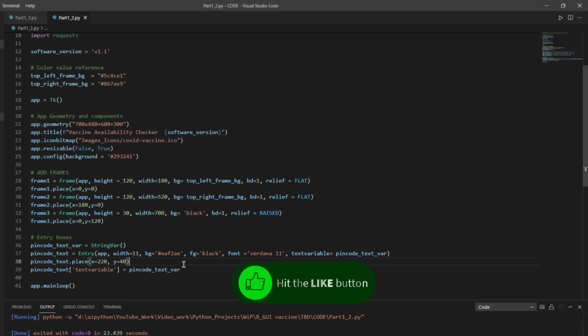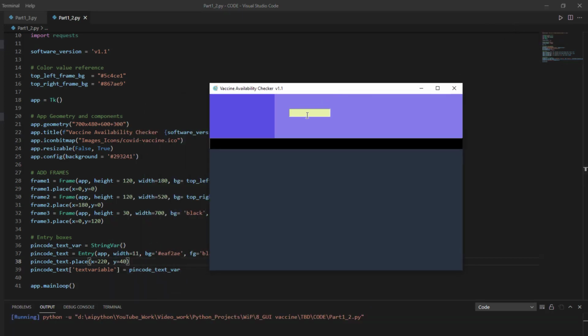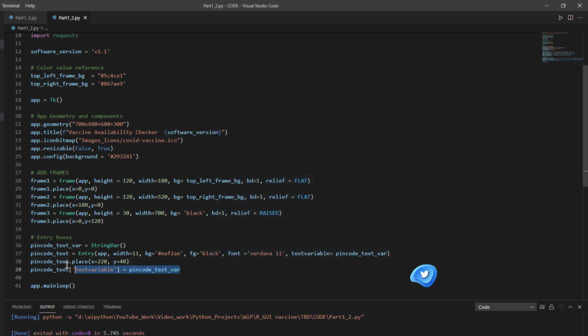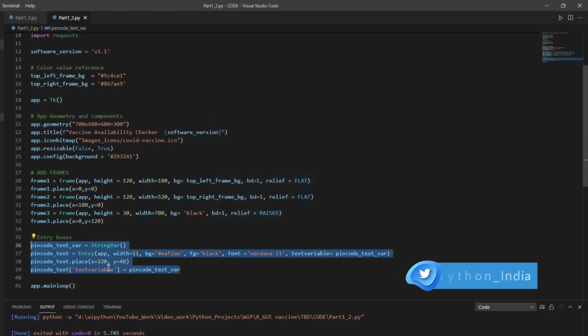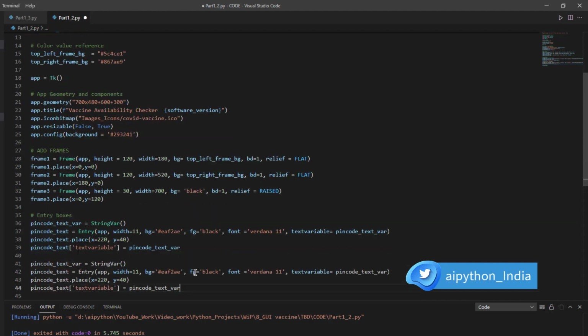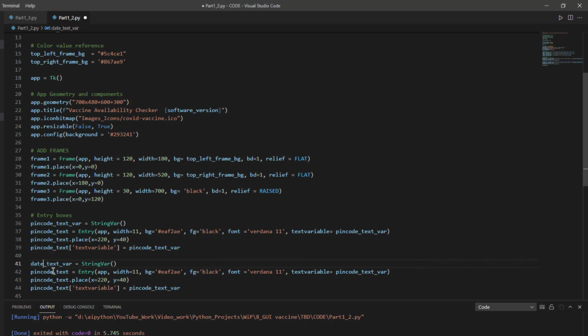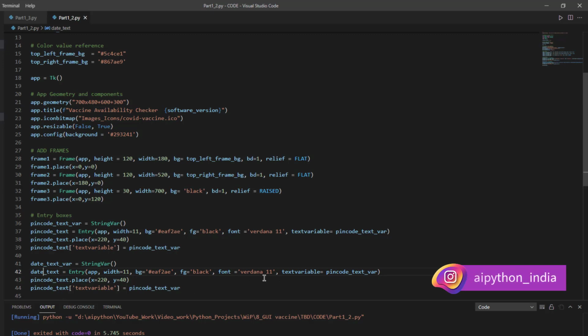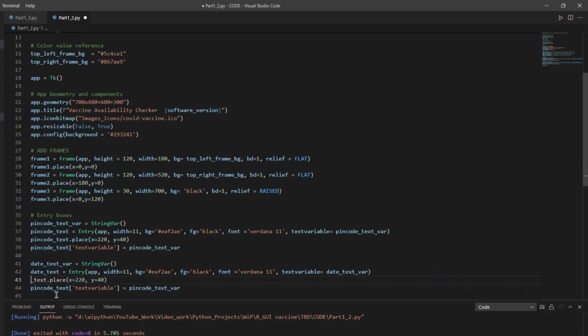All right, so now we have created the text box. Let's execute and run it. I think there's no difference from the previous run. It is just one text box which is created. Now I'll be using the same code to create another text box, right? I'll copy it and paste it, but I will replace pin code with date because this time I'm using the date, right? I just need to change everywhere wherever there is a pin code, I will change it to date, right? So that a new variable is created and I can handle it properly with respect to date.